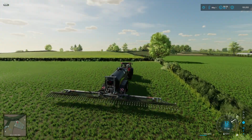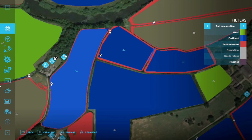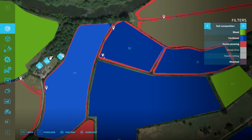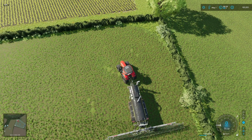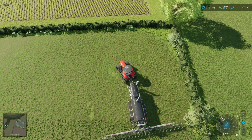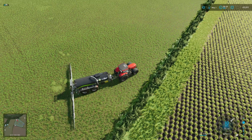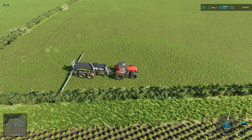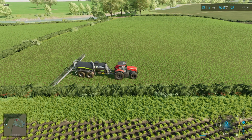So we are now in control of the tanker and the McCormick, just because the only little tiny bit it's missed is up in this corner here, and I think that is pretty good. So where is that part? Can't actually see it, so I think it's the old lower down and drive forwards. See, has that got it? Yes, it has. Super. Get that all folded up,